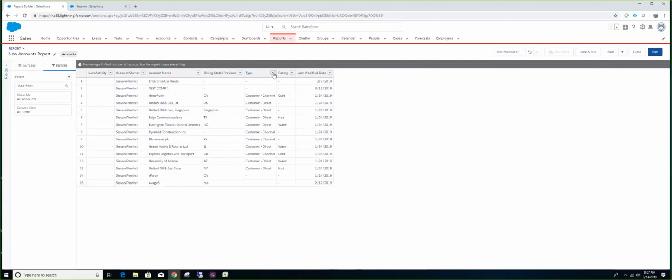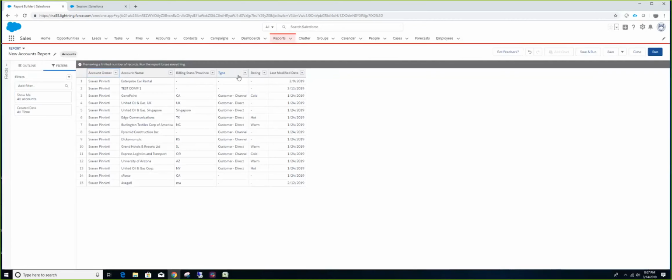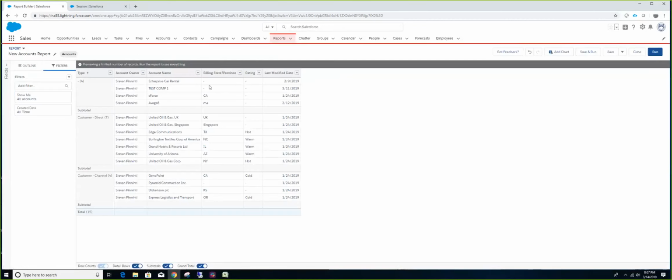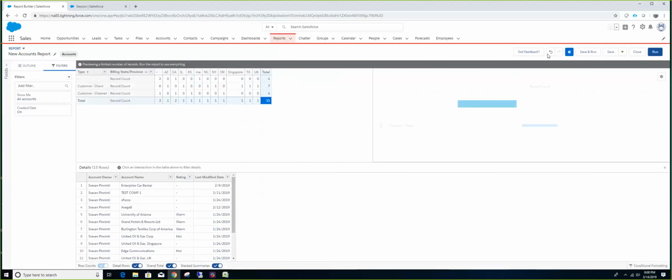I'm going to remove this column, group by one field, and also group by another. When I do this, this is called a matrix report, because I'm doing a double grouping. Then I can also add a chart as well.